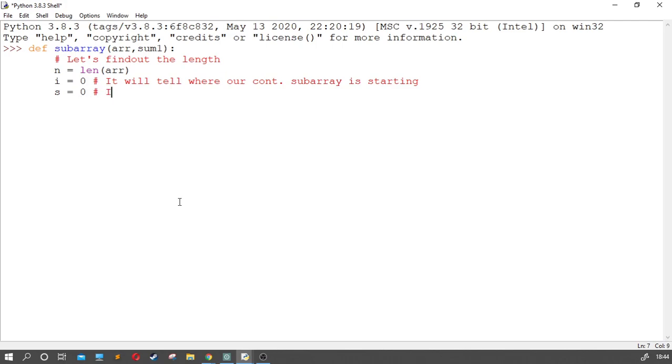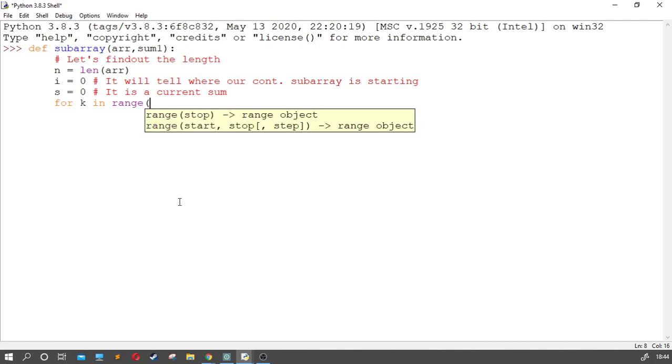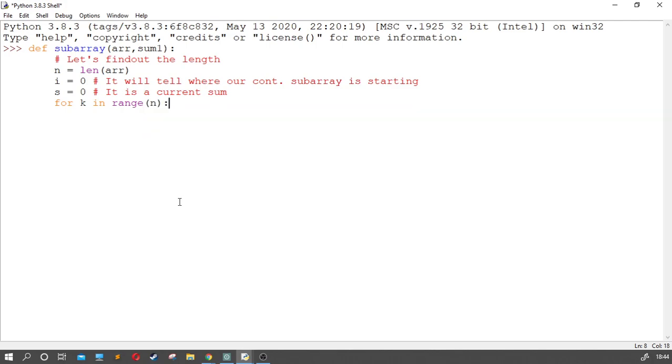It is the current sum. So we have the starting variable. We are saying for k in range n. We have to remember, k is the traversing variable.